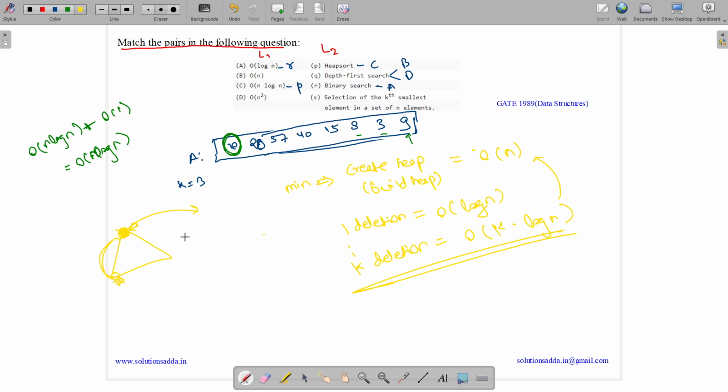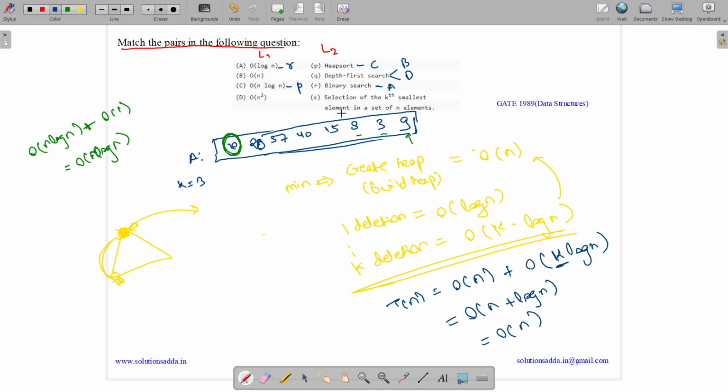But this k is always a constant number and we can neglect constants. So the total complexity will be order of n plus order of k log n, but you can neglect k as it is constant. So it will be order of n plus log n, which is order of n. So the time complexity for selecting the kth smallest element is order of n, which maps to option B.